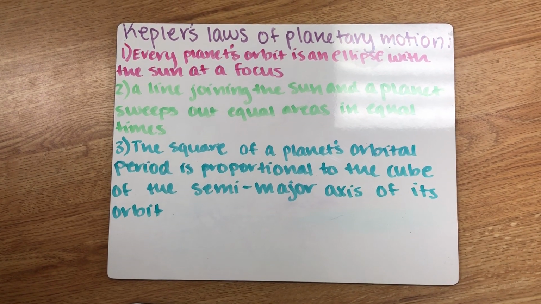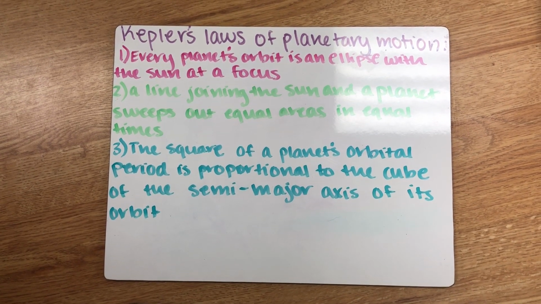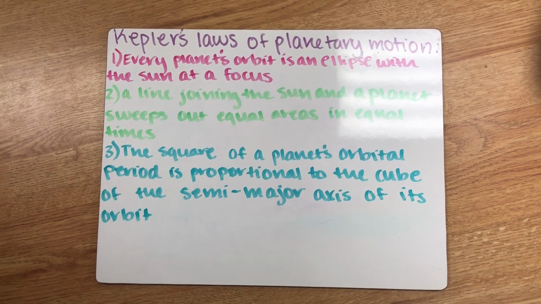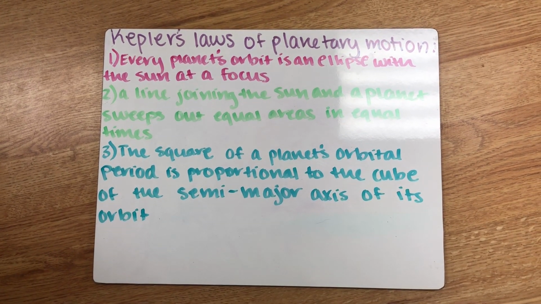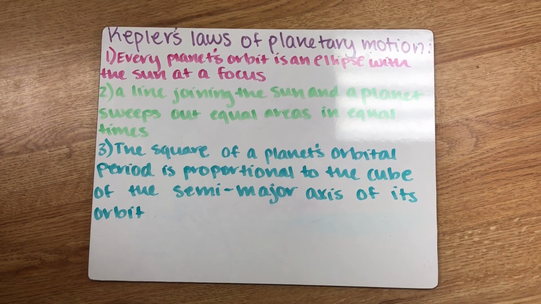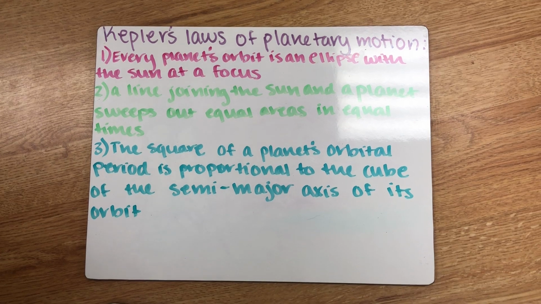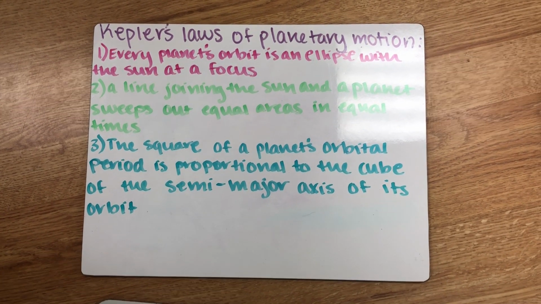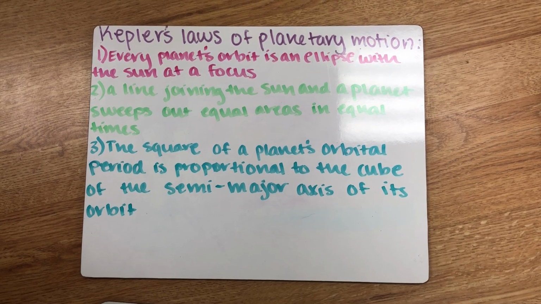For the mass of Jupiter, first you have to understand Kepler's laws of planetary motion. The first law is that every planet's orbit is an ellipse with the sun at its focus. The second law is a line joining the sun and a planet sweeps out equal areas in equal times. The third is that the square of a planet's orbital period is proportional to the cube of the semi-major axis